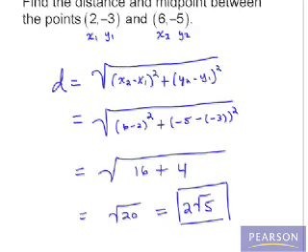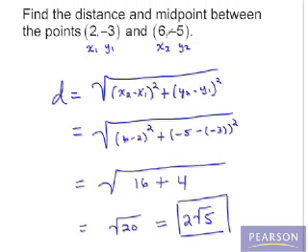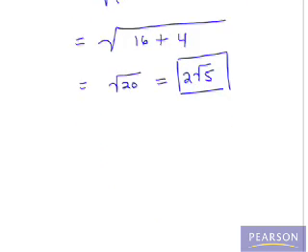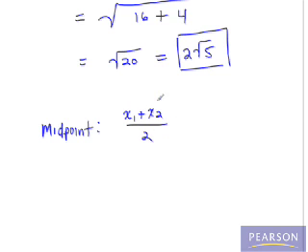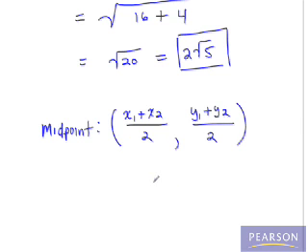The second part of the problem was to find the midpoint between the 2 points, and the way we find the midpoint is we take our 2 x coordinates, add them together, divide that by 2. That's the x coordinate of the midpoint. And then we do the same thing for the y coordinates. We'll add our 2 y coordinates together and cut that in half